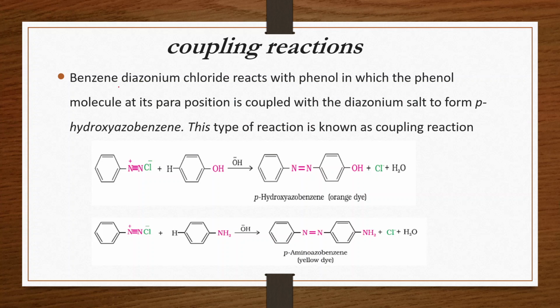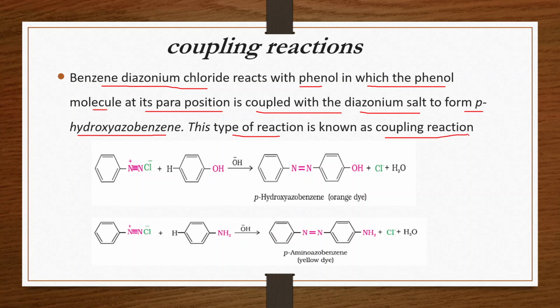Coupling reactions. Benzene diazonium chloride reacts with phenol, in which the phenol molecule at its para position is coupled with the diazonium salt to form para-hydroxyazobenzene. This type of reaction is known as coupling reaction. This may be represented like this. This is benzene diazonium chloride, and this is the phenol, and at its para position, this hydrogen, and this Cl is removed as HCl. And we will get this